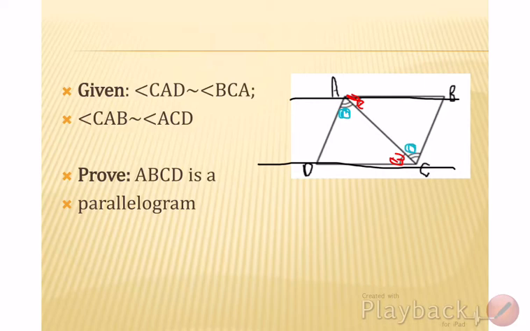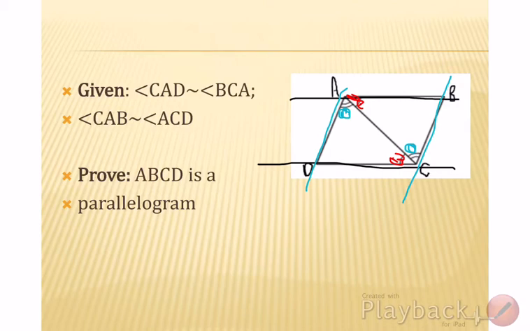You can also say that these sides are parallel and the alternate interior angle still applies. Okay? So because of alternate interior angles, that makes the sides parallel, and when opposite sides are parallel,